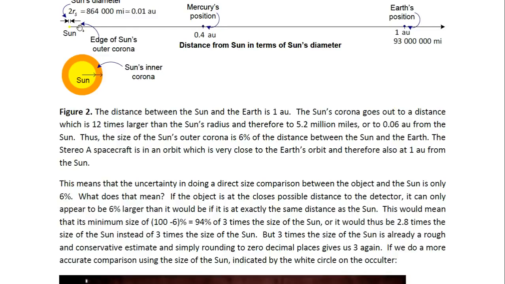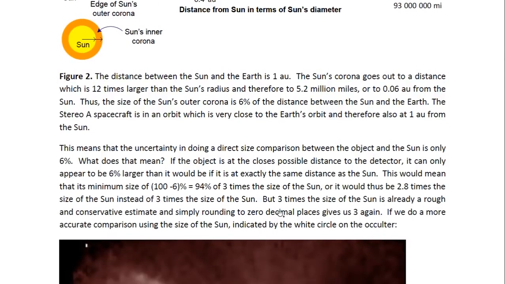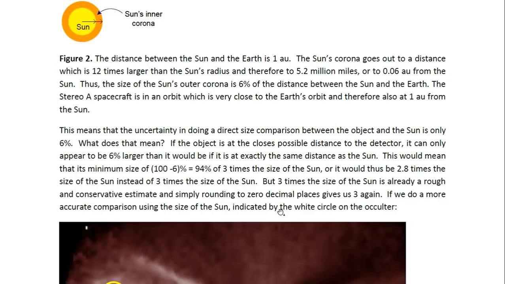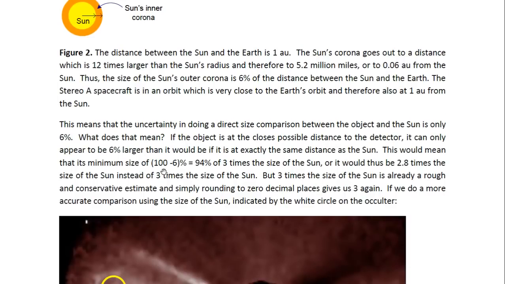But if it's at the edge of the outer corona in front of the Sun, it can only be 6% closer to the detector than it would have been if it was side by side with the Sun. So this would mean that a size comparison would make it appear larger by 6%, which means that its real